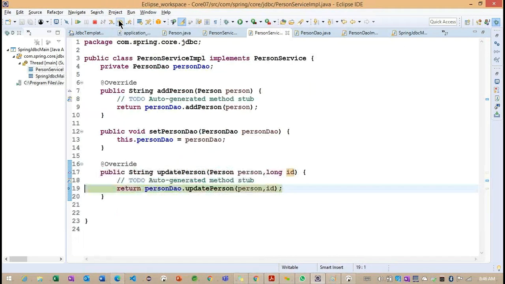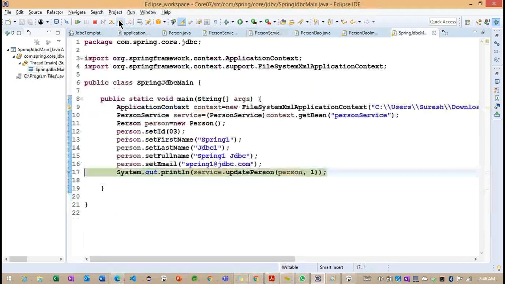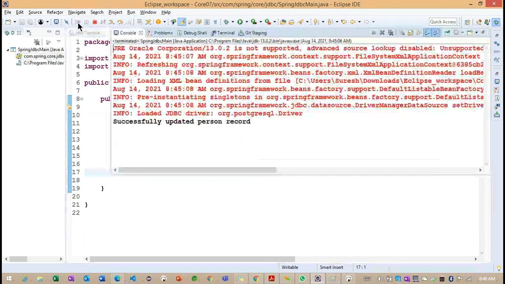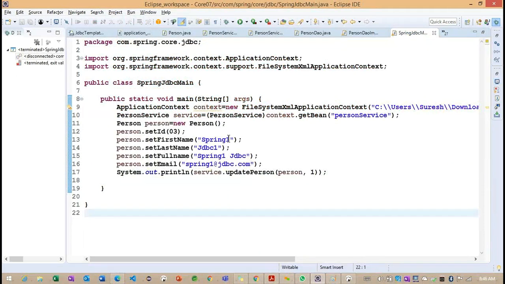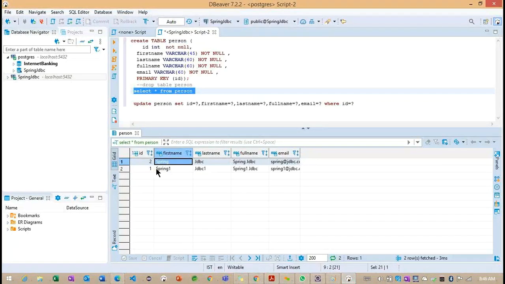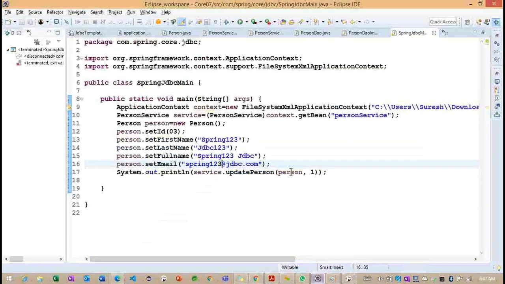Now we need to see whether this record is going to update here with the 1, 2, 3 values.